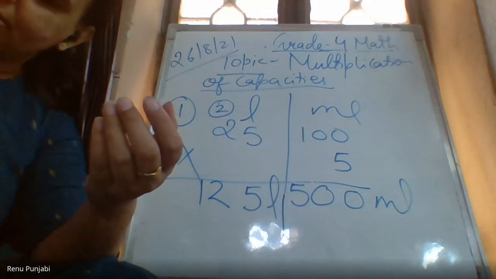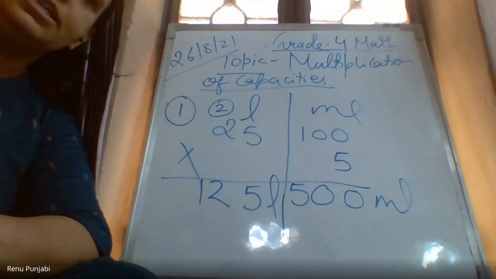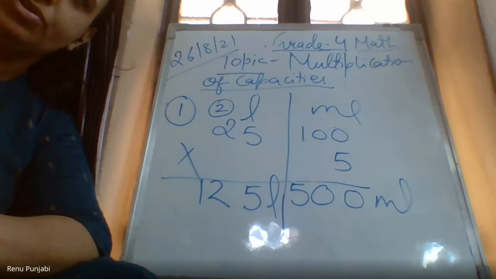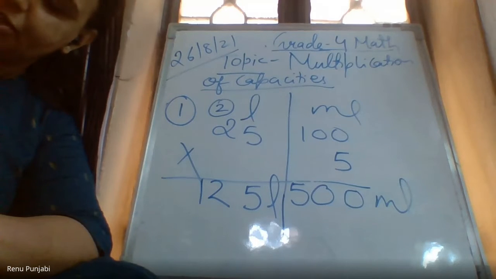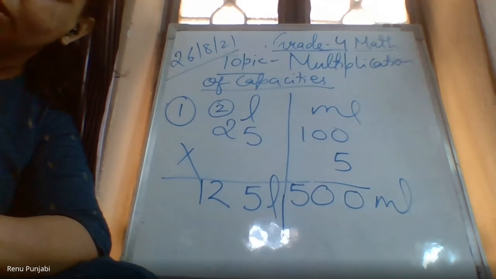Yes, Manya. Yes, ma'am. Raj has one bottle of diesel. It can hold 35 liter, 200 milliliters. So, how many such 8 bottles can hold? So, we will do multiplication. How many 8 such bottles can hold the petrol or the diesel? So multiplication, you guys, because you need to find for the 8 bottles.